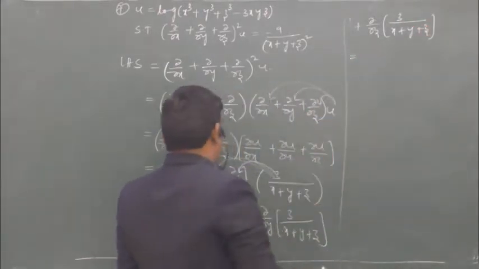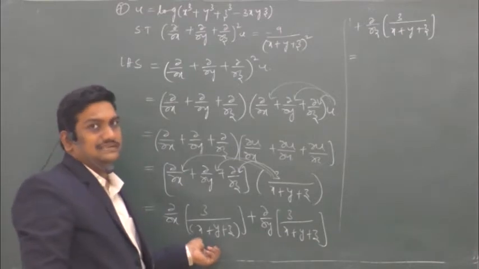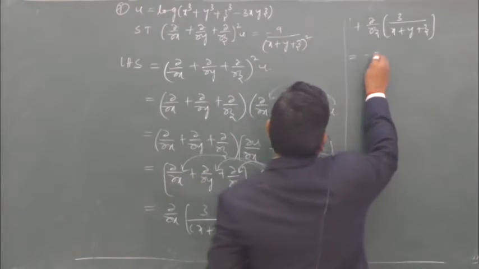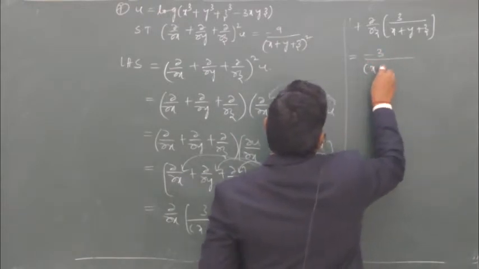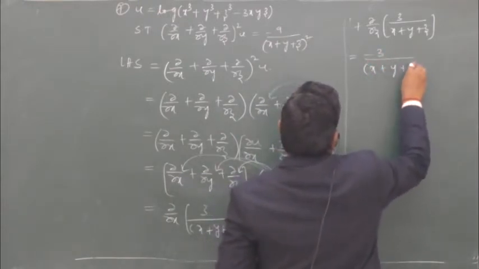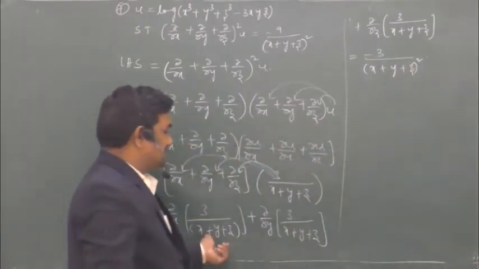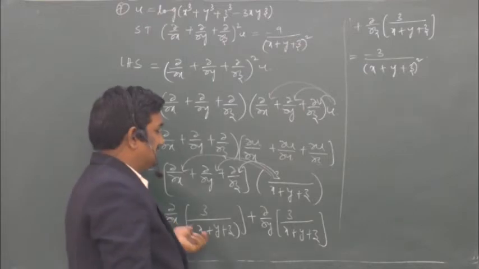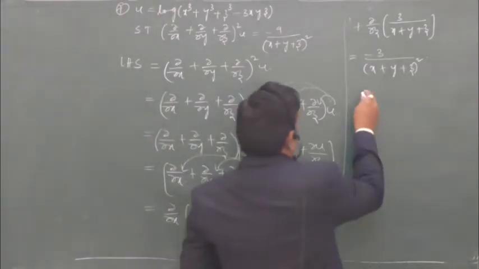Now it is of the form 1 by x, and the derivative of 1 by x is minus 1 by x square. You need to take the internal derivative also. Minus 3 by (x plus y plus z) whole square, and the internal derivative of x plus y plus z with respect to x is 1 plus 0 plus 0. And the next one,